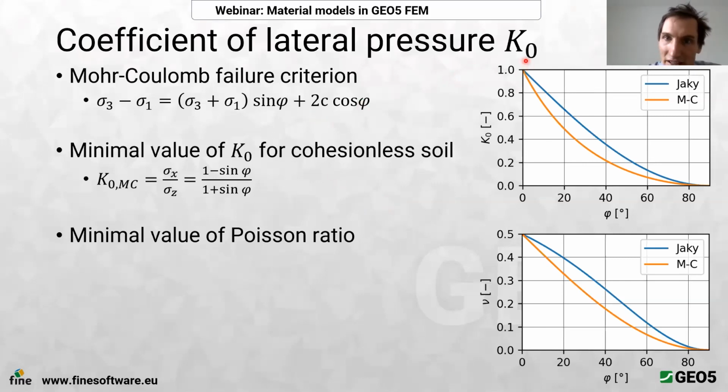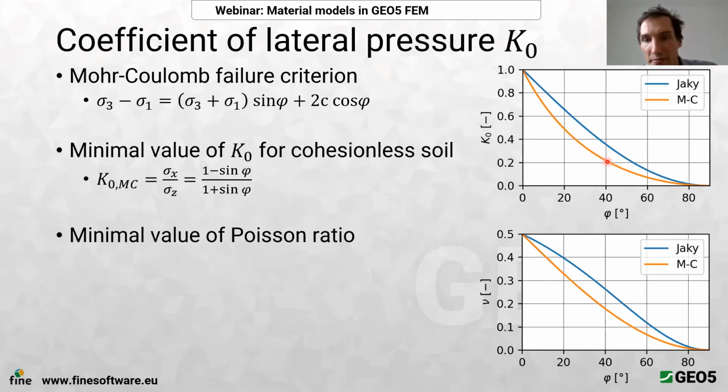And finally, another chart that I think is quite useful is that this K naught can be computed for the friction angle directly from this Mohr-Coulomb failure criterion. If you assume a cohesionless soil, so the cohesion term disappears, then you can draw this yellow line, which basically means that if you set a K naught, let's say in the K naught procedure, and it will be lower than this, it will be below the yellow line,